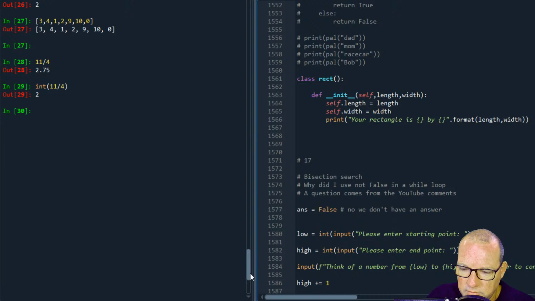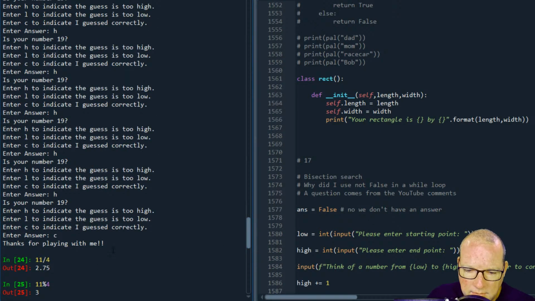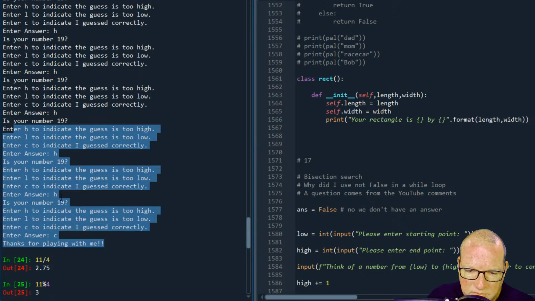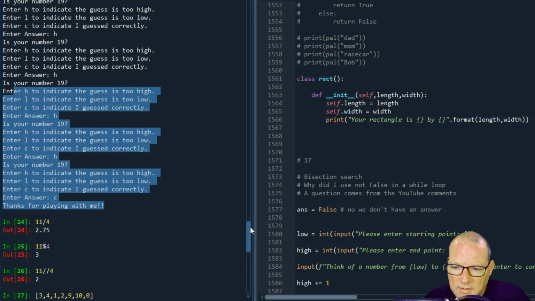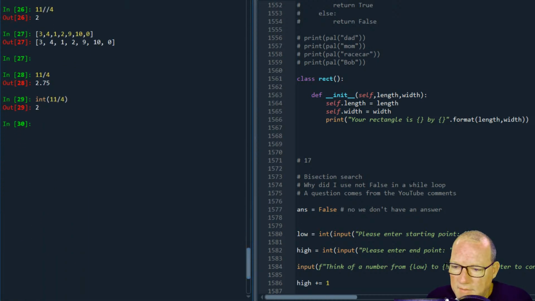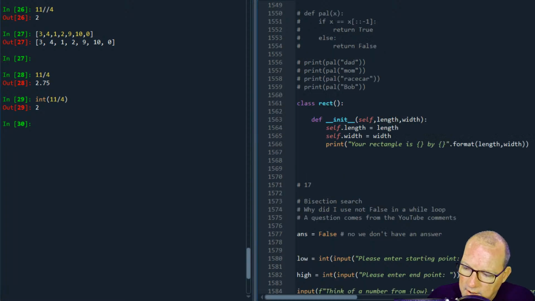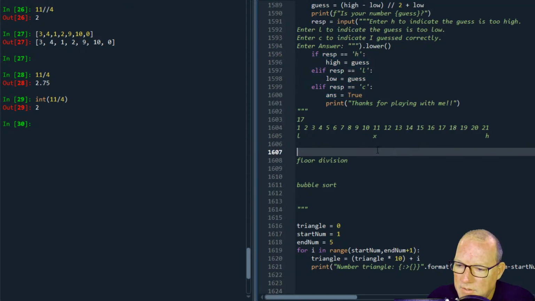Because just like we were right here, if it's too high, and my low is 19. So I guess you'd have to experiment to see how this is going. Actually, that might be a pretty cool thought exercise for me to try after this.